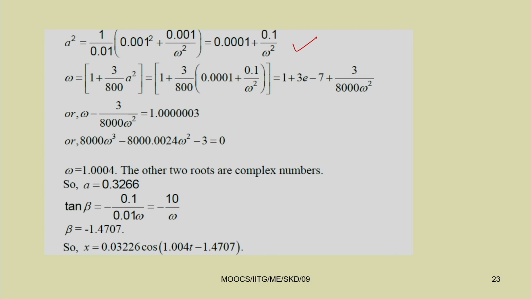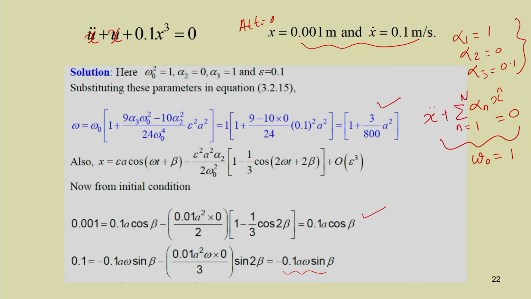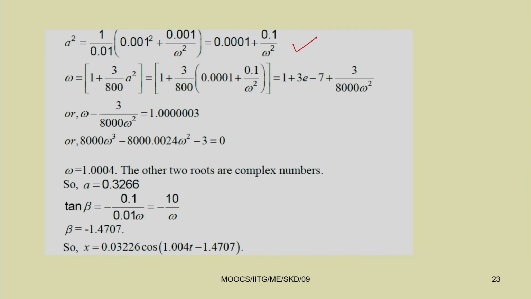So, you just see now, by squaring and adding also you can do it. So, this is cos beta, you can find the expression for a cos beta and a sin beta. So, a cos beta equal to 0.001 by 0.1. Similarly, a sin beta equal to 0.1 by 0.1 will cancel. So, this is equal to 1 by omega minus 1 by omega will be equal to a sin beta. Now, squaring both the sides and adding, so you will get the expression for a square. So, a square, you got the expression.